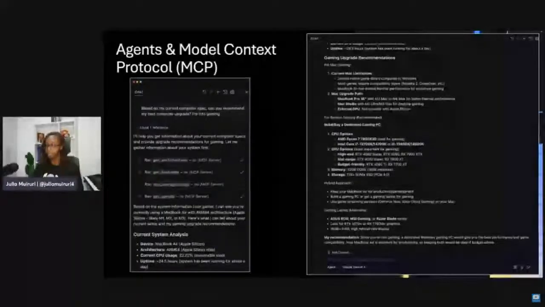And then I can pass in a question like, based on my current computer spec, and I won't even give it my computer specification, I'm asking it to recommend my next computer upgrade, and I'm into gaming. So with such a prompt, you'll see that GitHub Copilot agent mode, in its own understanding of the tools that it has, is able to identify that it has 4 tools that can help it answer the question that I asked it. So it runs the 4 tools, and then it comes back and says, okay, here's your current device. And based on this is my recommendation in terms of what you can get as an upgrade.